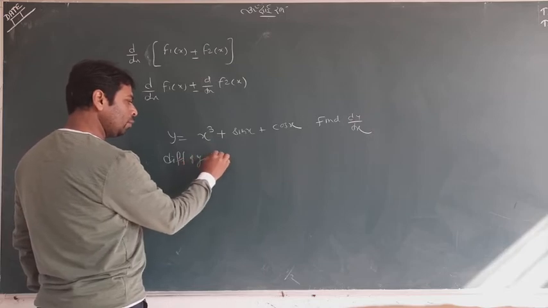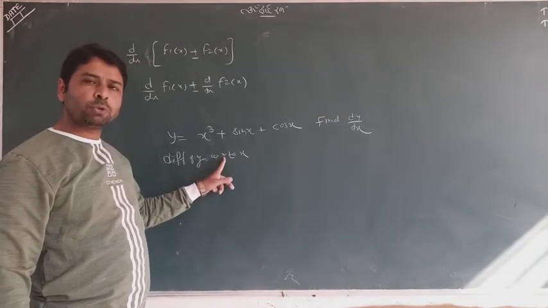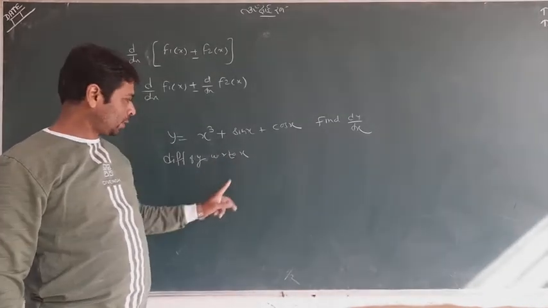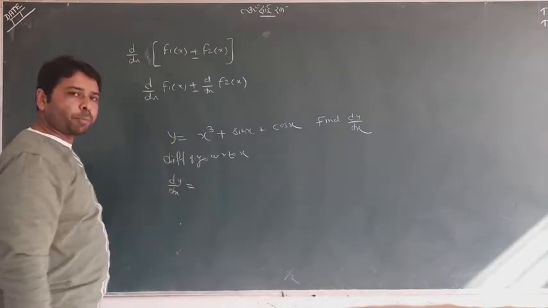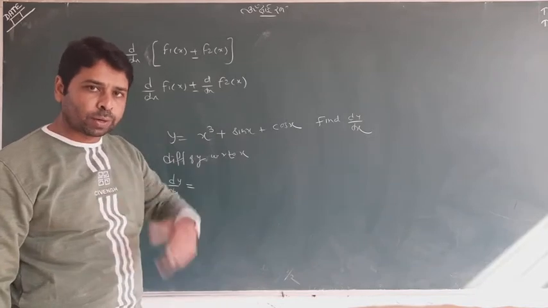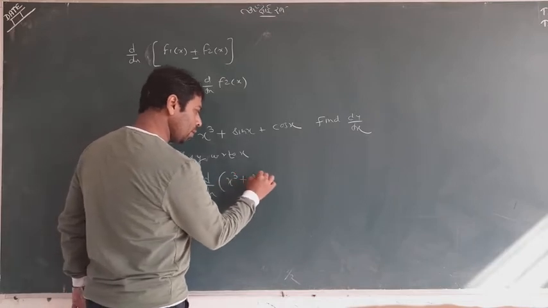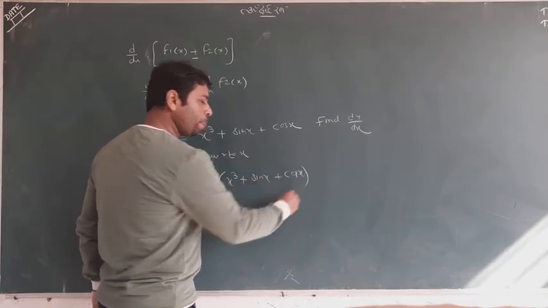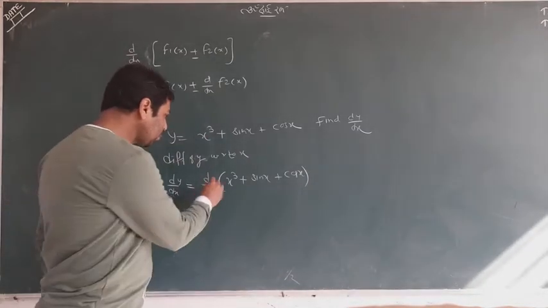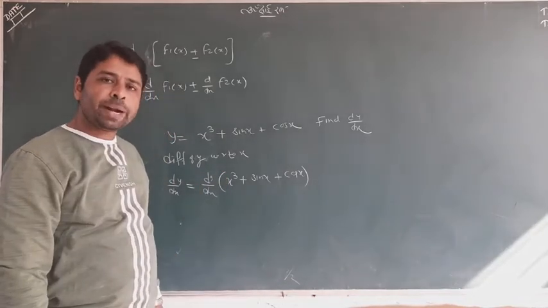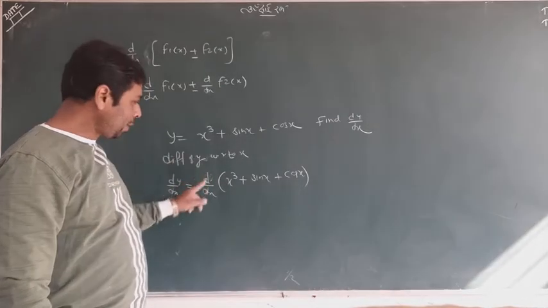You will write the differentiation of y with respect to x, very simply: d by dx of y. That is the operator d by dx with y, dy by dx. You write here d by dx of the function. I know you are new to differentiation; sometimes students write y here, sometimes y there. It is wrong. d by dx is an operator which operates on both sides. You write d by dx y and d by dx of the function.